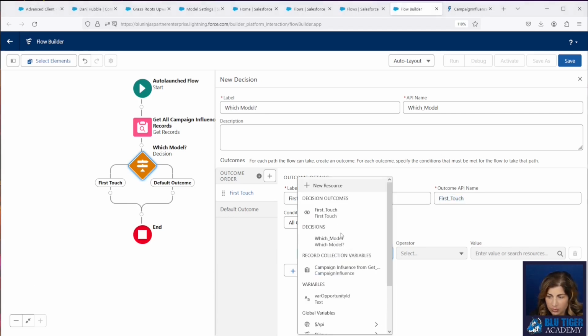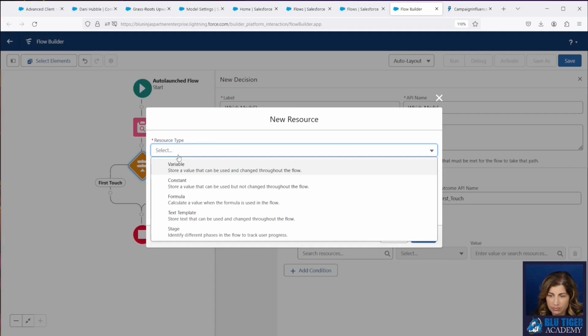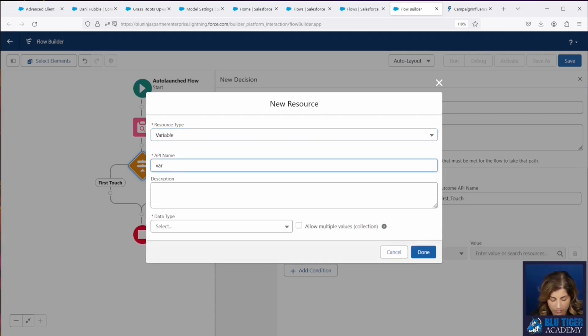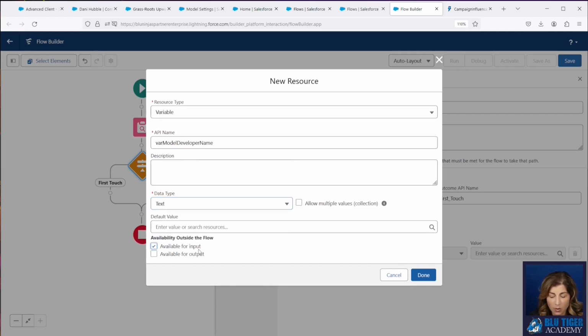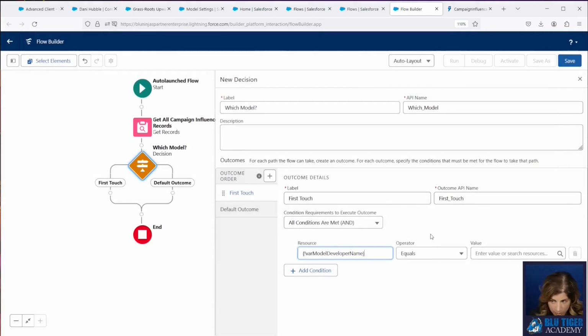And then we're going to create another variable here. We'll call this var model developer name. This will be a text data type, and it will also be available for input because we're going to push this from our two other record triggered flows as a value as well. So we're going to look for first underscore touch.